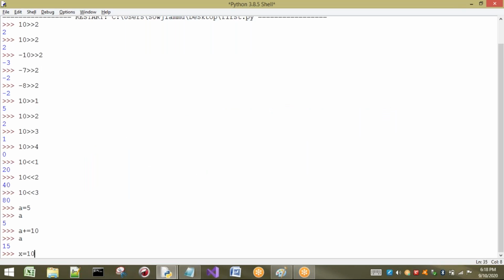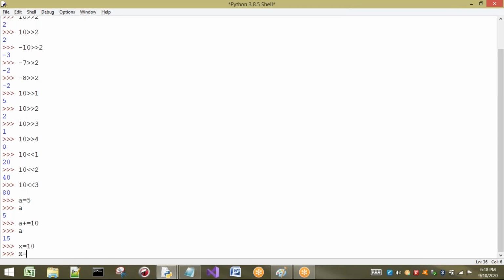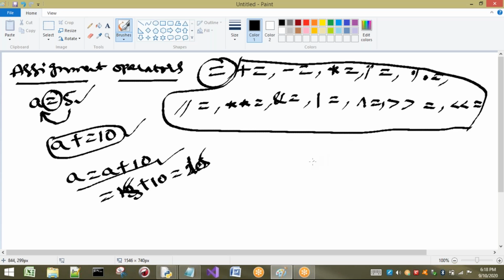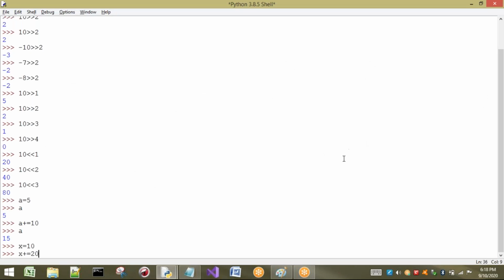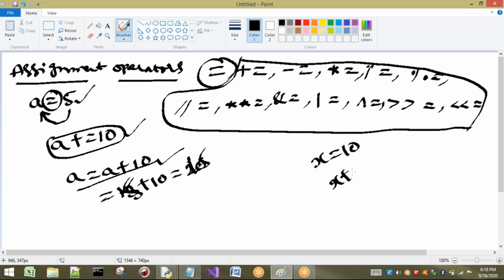Next I will take one more example. x = 10, Enter. Then x += 20, for example. Initially the x value is 10, and next I have taken x += 20. That means it is nothing but x = x + 20.